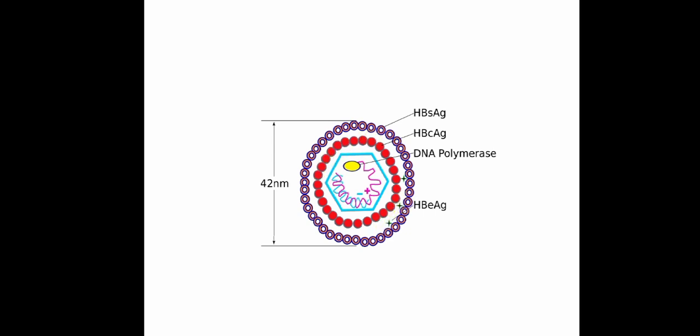So when this virus enters our body, this surface will act as a surface antigen, this core will act as a core antigen, and these star shaped small things will act as an envelope antigen. Okay, so against all these antigens our body will produce antibodies. So we're gonna see all these antigens and their respective antibodies together, and we're gonna solve some questions regarding it.